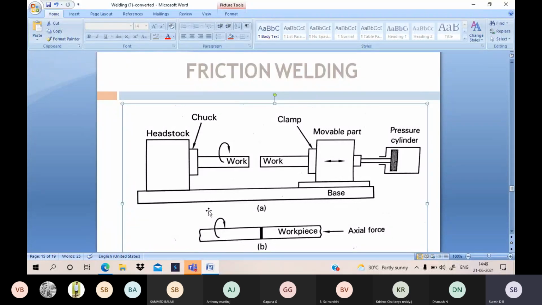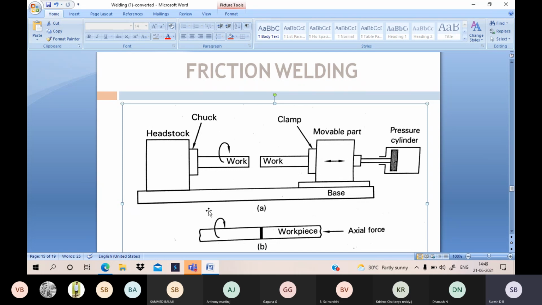In gas welding we are not using any power, either AC or DC. By using gas only, the welding joint is performed. That type of welding is called gas welding. In gas welding,